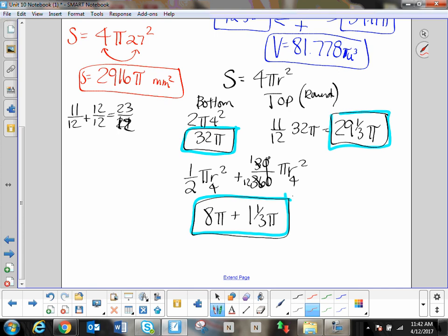So that's 40, 30, 17. And this is units squared. Okay? All right, if you understand it a lot different and an easier way for you, perfect. That's a great thing about math, okay? I just like to do one portion at a